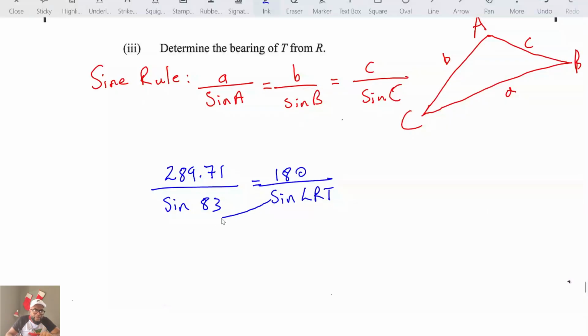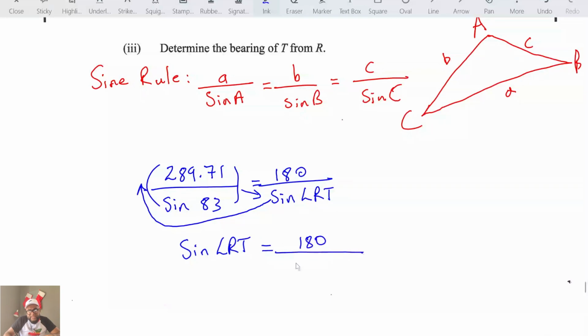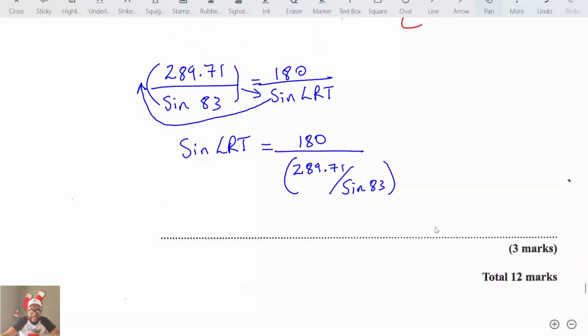So you know what we could do? We could carry sine LRT here, and bring this whole thing to where sine LRT is. So I'm going to put sine LRT here, and then I'm going to put 180 over 289.71 divided by sine 83, right? Here I want you all to give me this answer to 3 decimal places. Let's take a little more accurate figure. Sine LRT is equal to